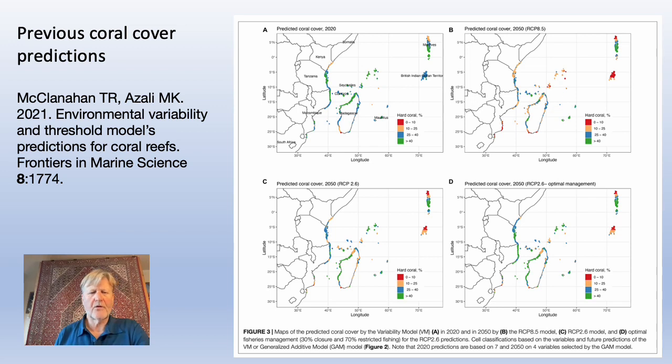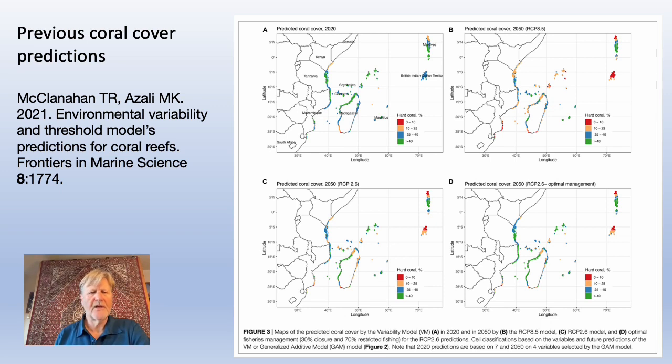So these maps of coral cover can give you some sort of indication of where the coral cover is located in 2020 and in 2050, and then you can take the difference between them to look at the changes that occur across time. So what we did was compare this coral cover predictions that was already published with the changes in biodiversity